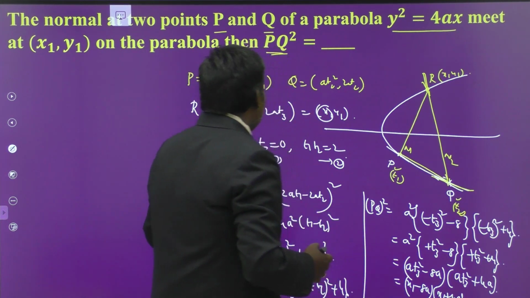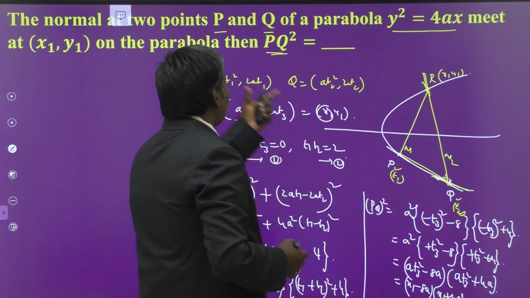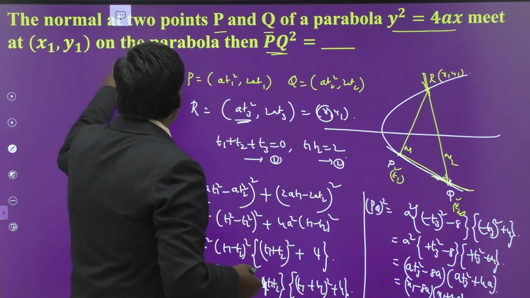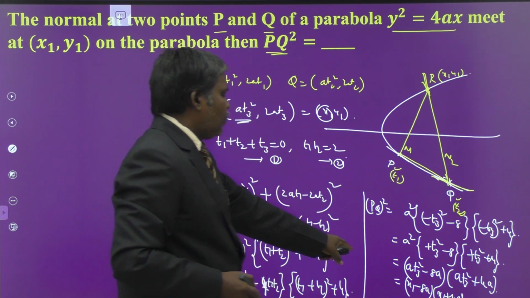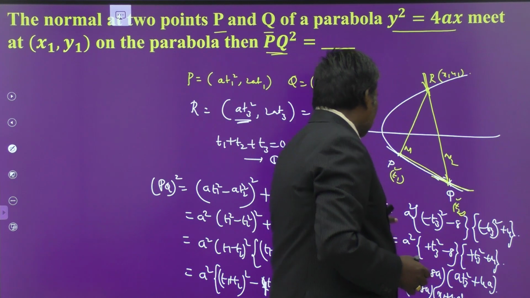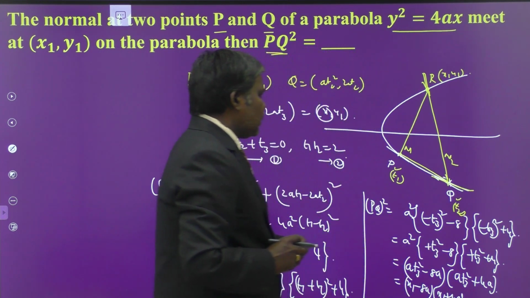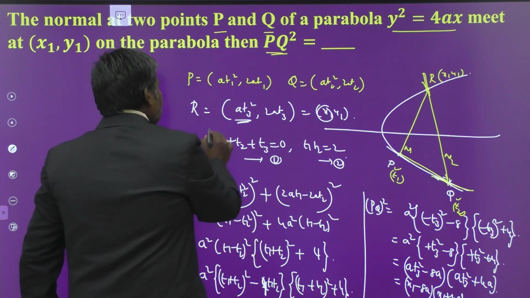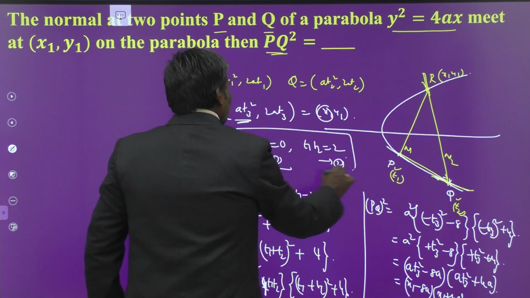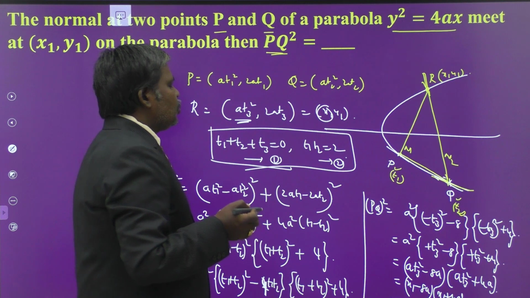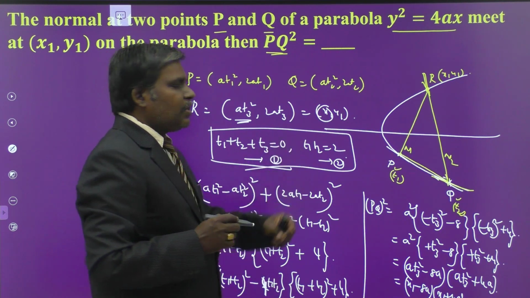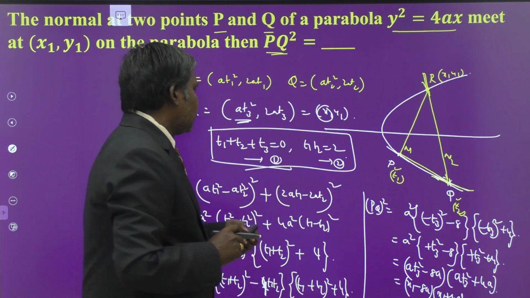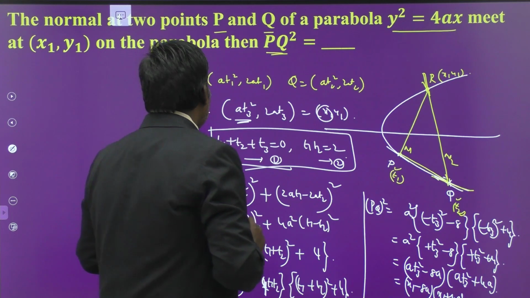We don't have t1, t2, t3 here. So your result must and should be carried out in terms of x1, y1. That is why we are applying this one trick here. So PQ square is (x1 minus 8a) into (x1 plus 4a). To crack this one, you have to identify these two results. What are the two results? t1 plus t2 plus t3 is 0 and t1 t2 is 2 here. Understand? Next one.